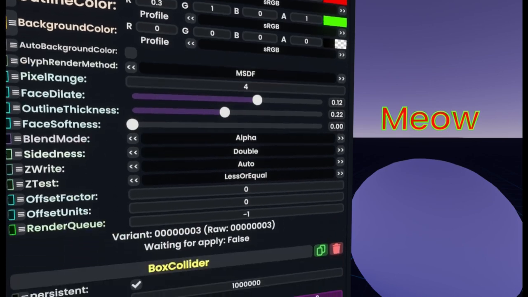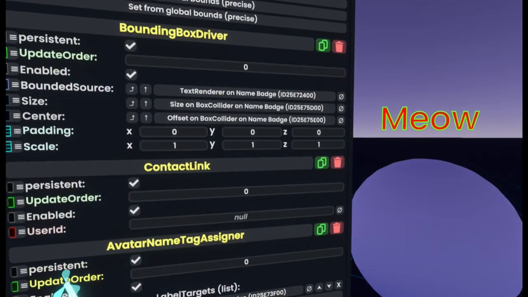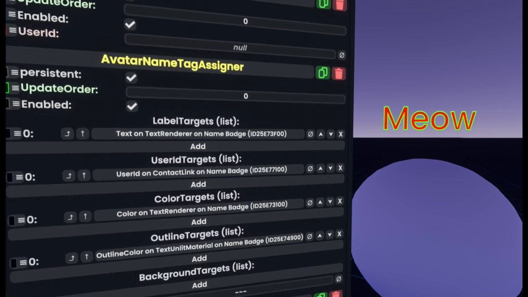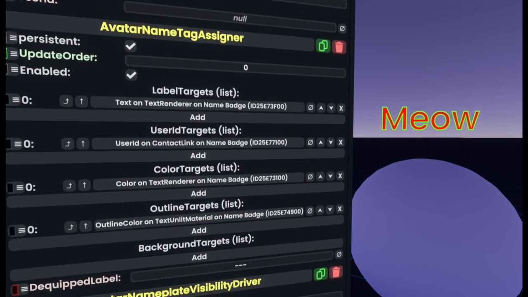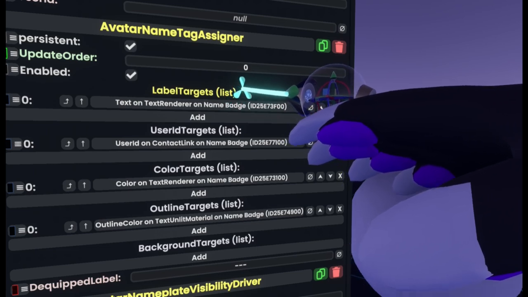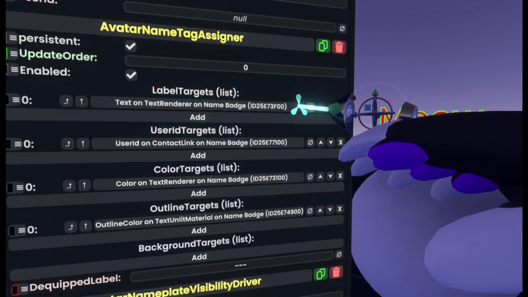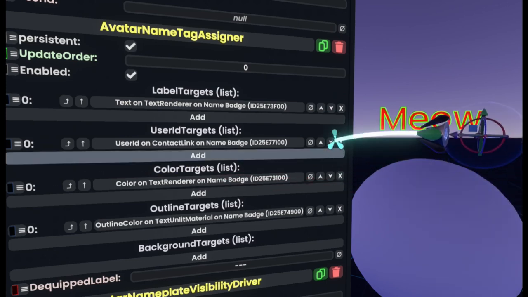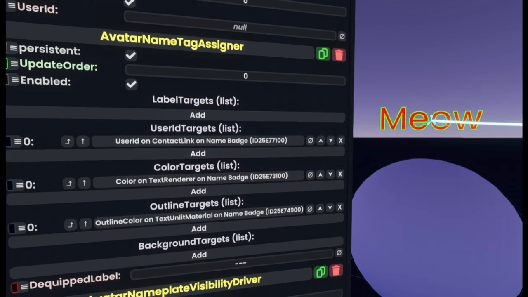But yeah, if we go even lower, we'll actually find out something very, very important, and that is this avatar name tag assigner. Now, this component is actually what tells the game that a nameplate is in fact a nameplate. The first part of it is what sets your name when you equip the avatar. Now, since we want this to stay meow, we need to get rid of that, otherwise it's going to reset